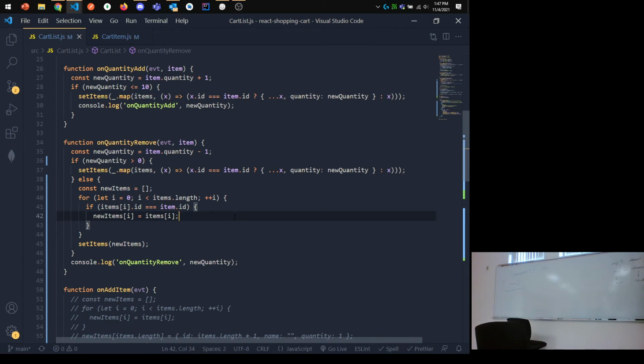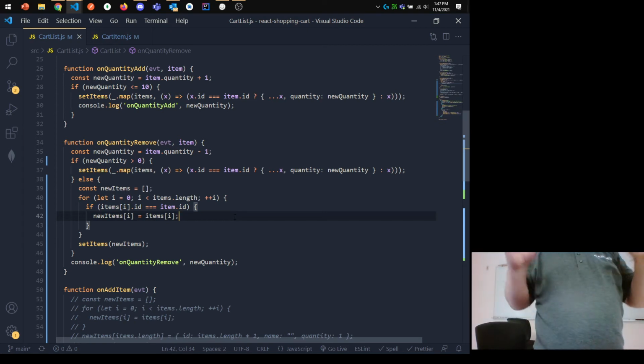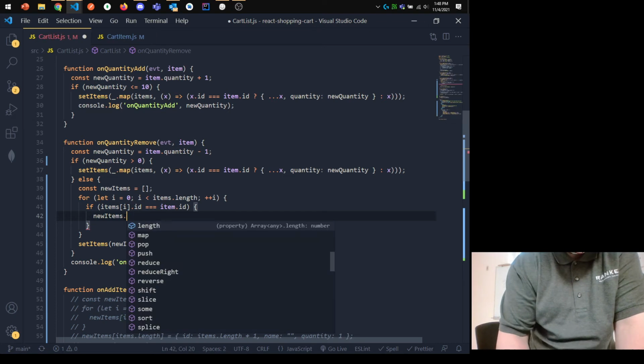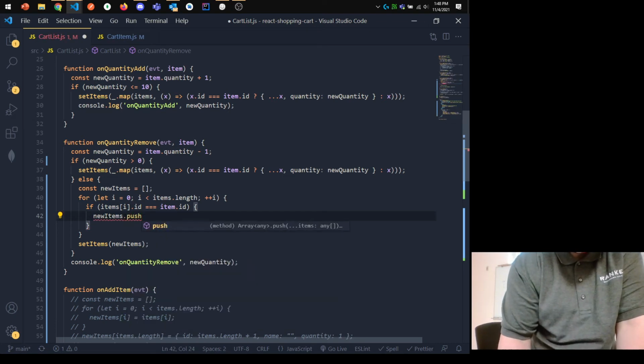So one thing you may want to do, rather than copying it over this way, is notice that this assumes the items are being copied to the exact same index where they are. I don't know that they're going to be the same indexes. Once I start removing things, I don't know that the index in items and new items actually line up. So what I would do here instead is switch this over to push